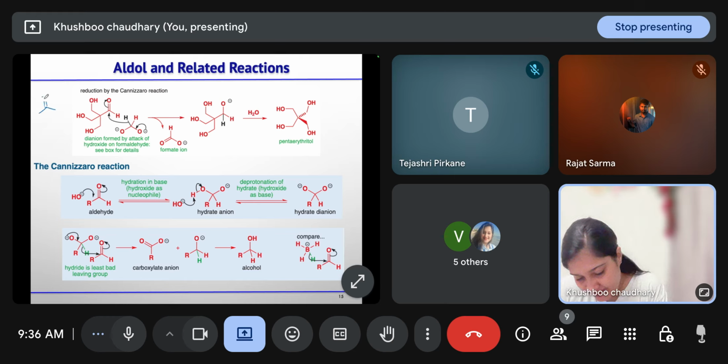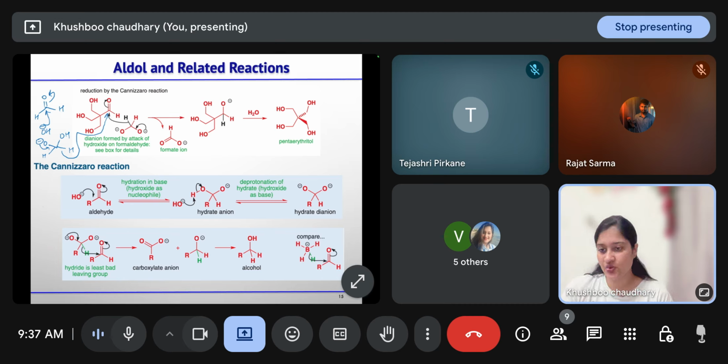This formaldehyde will react with base to form a more reactive species. This tetrahedral species will react with the aldehyde in the same way as a borohydride reduction takes place. Sodium borohydride or boranes react in the same sort of reaction, where the hydride will reduce this aldehyde, and you will get this penta